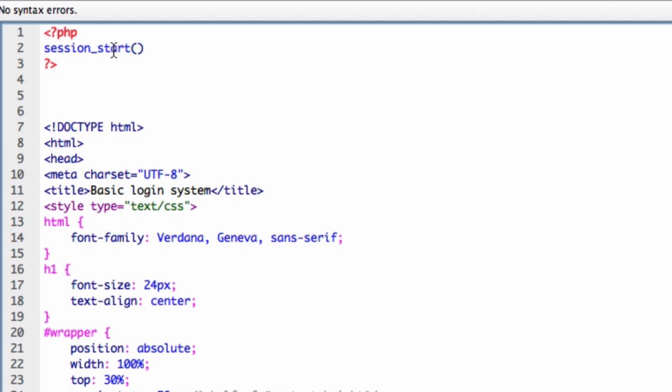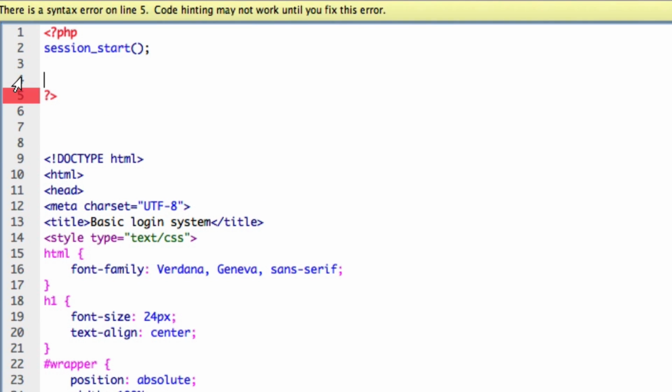This is a function that's inbuilt into PHP. This just tells PHP that we want to start a new session. You need to put this right at the top of the document before any HTML or anything else really. After session start, we need to create an if statement, and then we use a predefined variable called